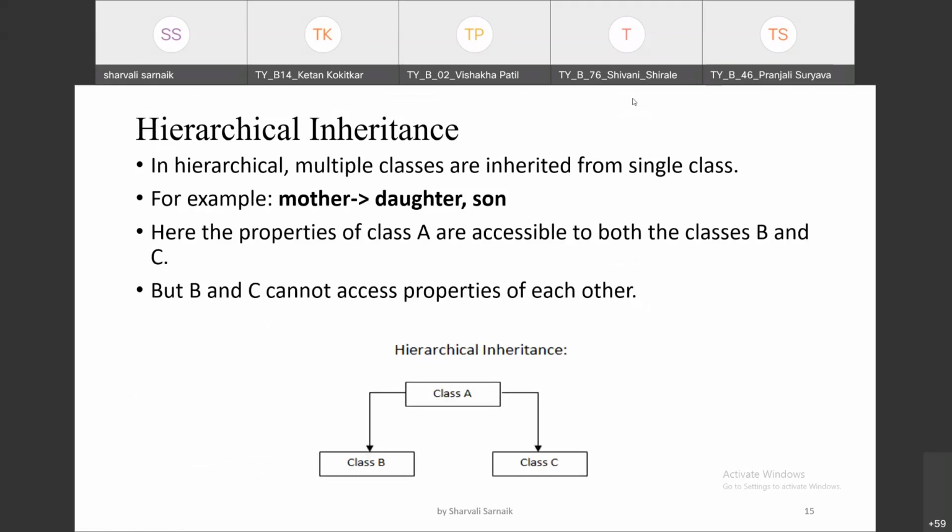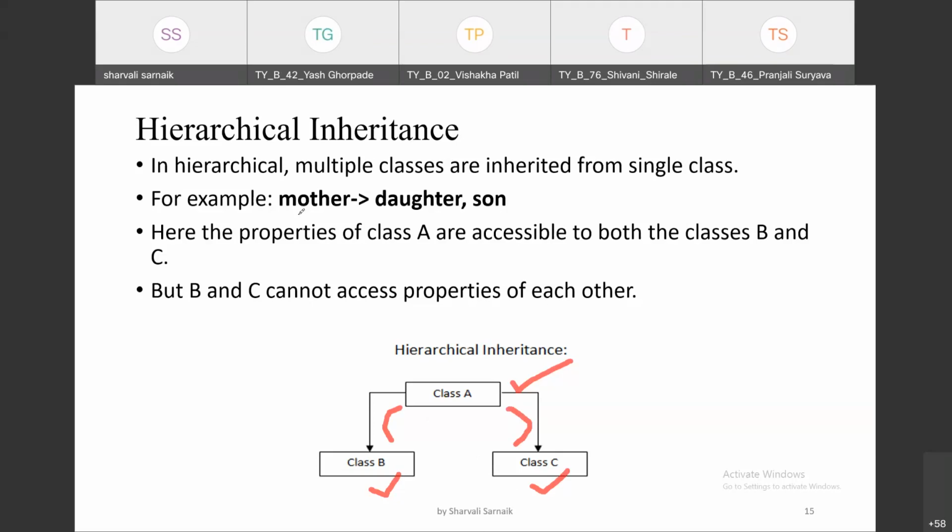Now see, here I have a class A. There are two other classes, one is class B and another is class C. Class B is inheriting the features of class A, and similarly class C is also inheriting the features of class A. This means there are two different derived classes, and those two derived classes are accessing the same class. If this is the concept, we call it hierarchical inheritance.